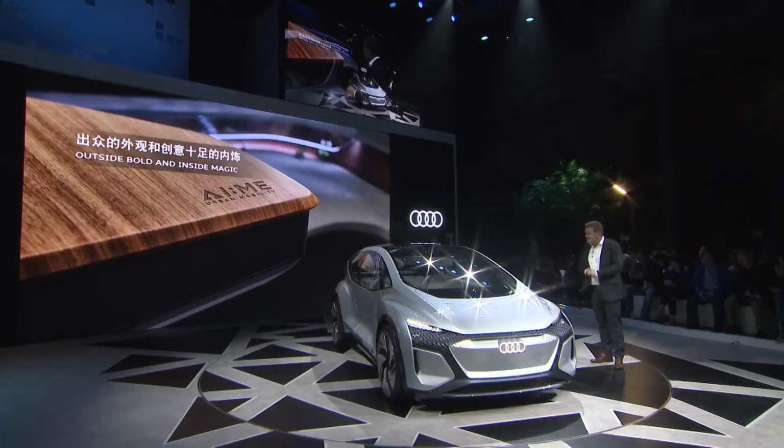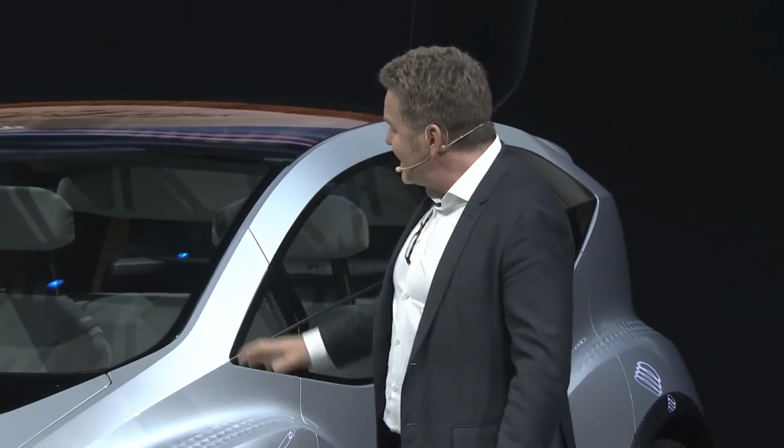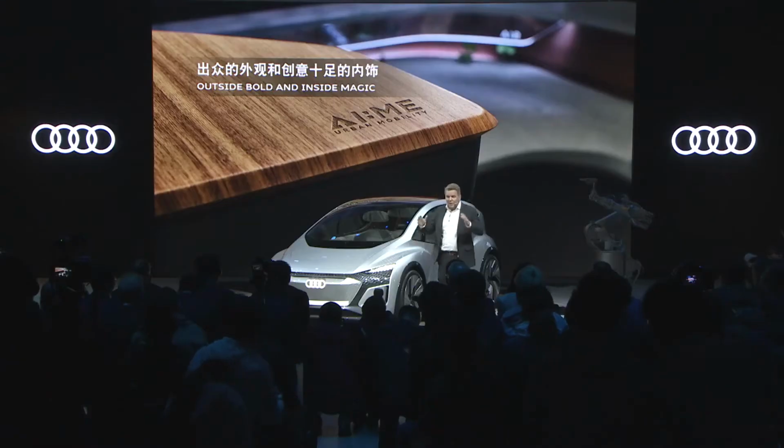So when I come closer, it's very special, because when you have urban concepts, they end up very often as very boxy cars, and boxy cars fit well to a city. But we think it's not fitting to Audi. We want more. And when you take a look at the highest building here in Shanghai, this is not a simple box. It's very special. It has a very special shape. It's very dynamic in a way. So this car is fitting very well to that, because it's not only a box, it's more. It's dynamic, it's bold,